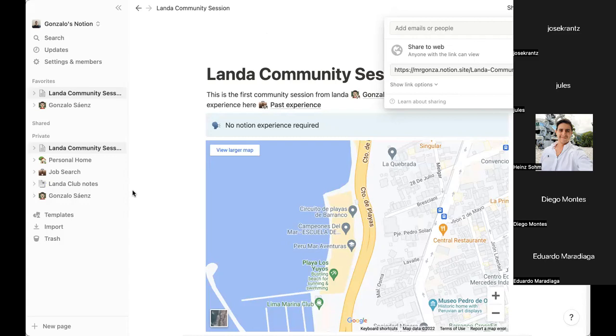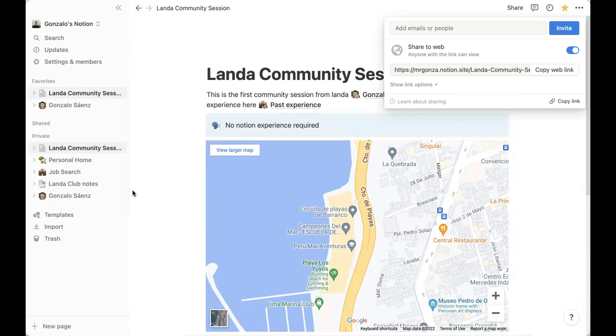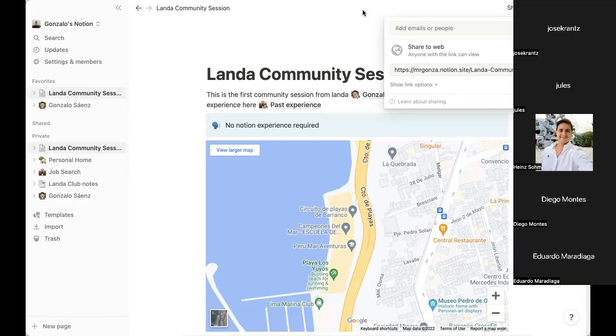But if you see, even though it's branded, it says mrgonza.notion.site, it still has a URL that is really long and maybe not that shareable at all. So because of that, and also because of other features and functionalities that I needed for my page, I decided to do a little research about what else we can do with Notion.